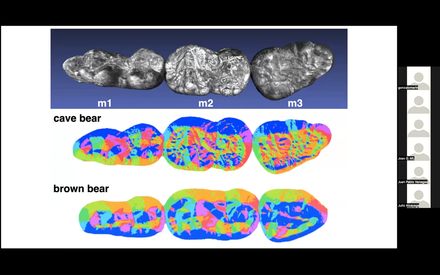So I've been thinking about how this complexity is generated, and the starting point for that was actually just imaging them and quantifying the complexity. So one component to this project was making these 3D scans and then looking at their complexity and comparing it to other bears. Bears are ecomorphologically diverse, so they have different species with different diets.